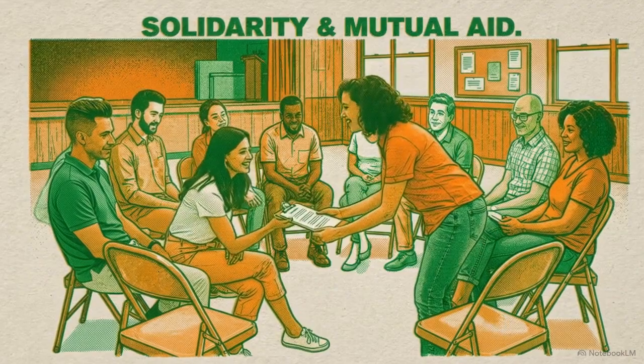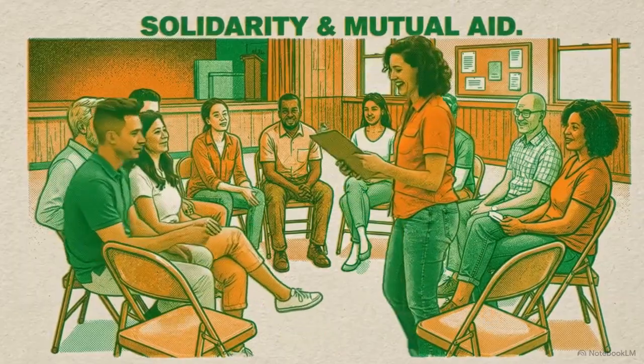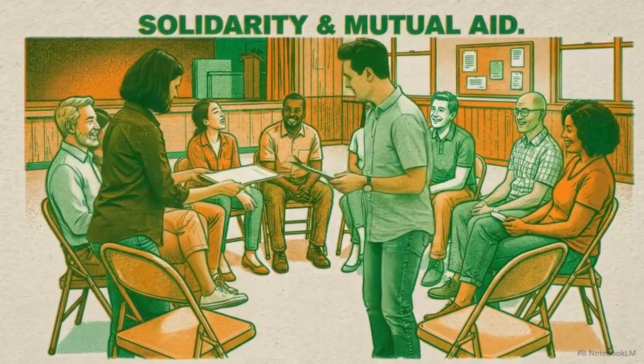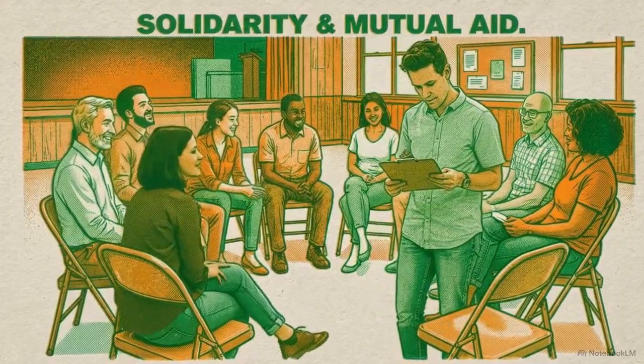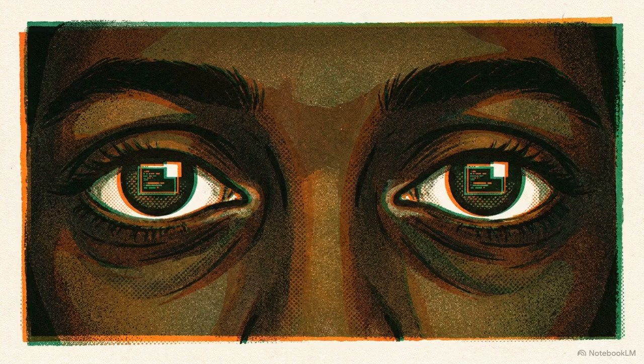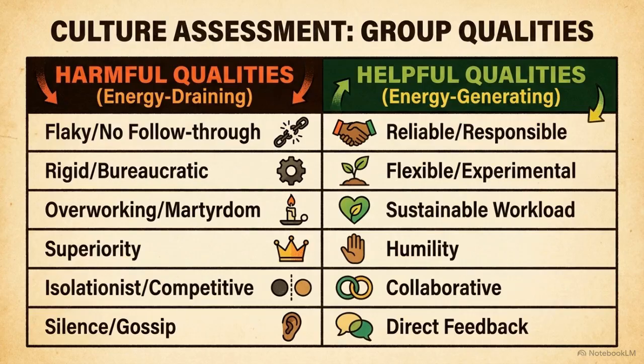Vague or top-down decision-making often leads to internal friction and fractured groups. Clear, horizontal structures build the trust necessary for long-term work. Step 3 is the culture assessment. We need to look at the daily reality of your group, specifically the burnout caused by a constant sense of urgency and scarcity. This checklist contrasts traits that drain a group's energy with those that generate it.